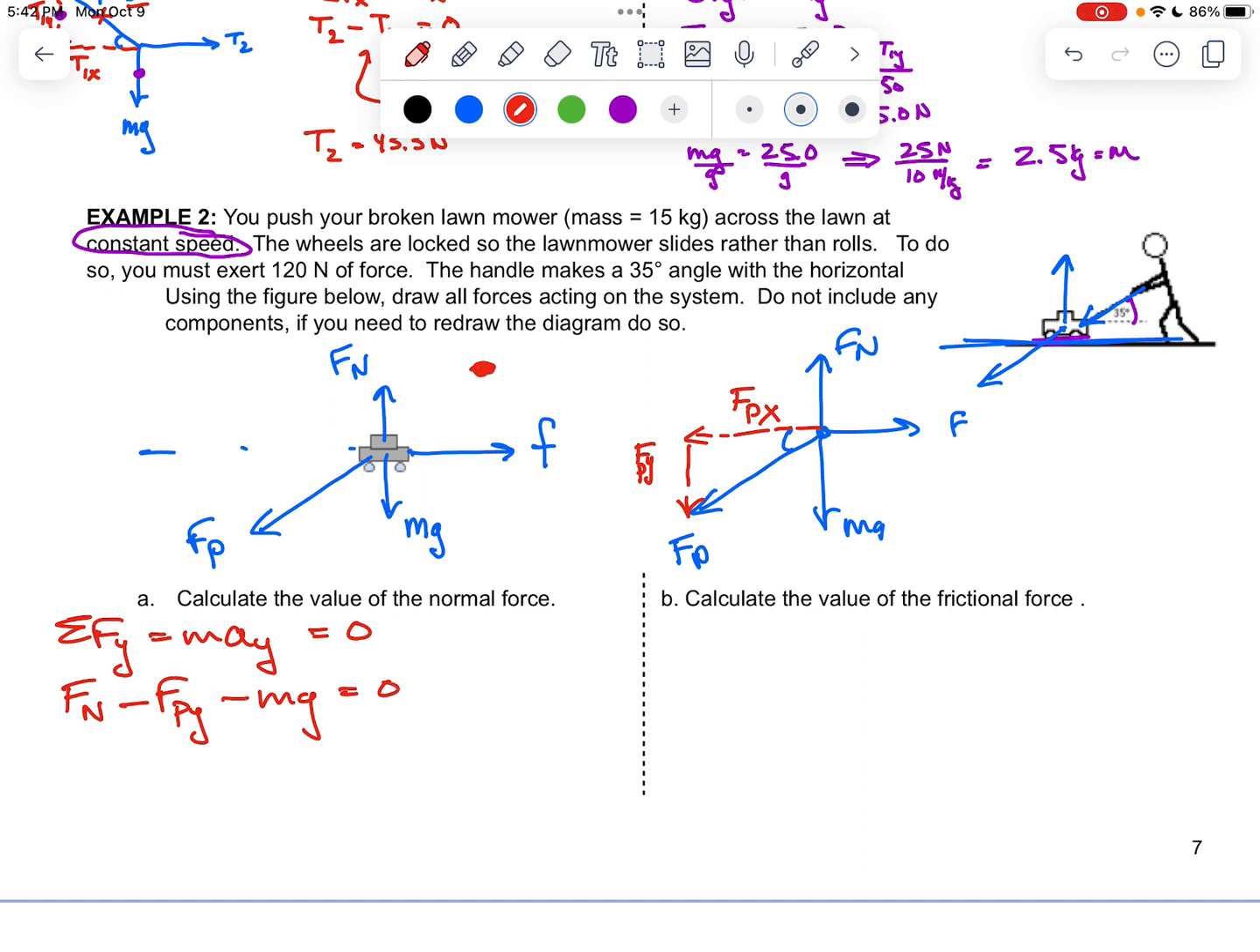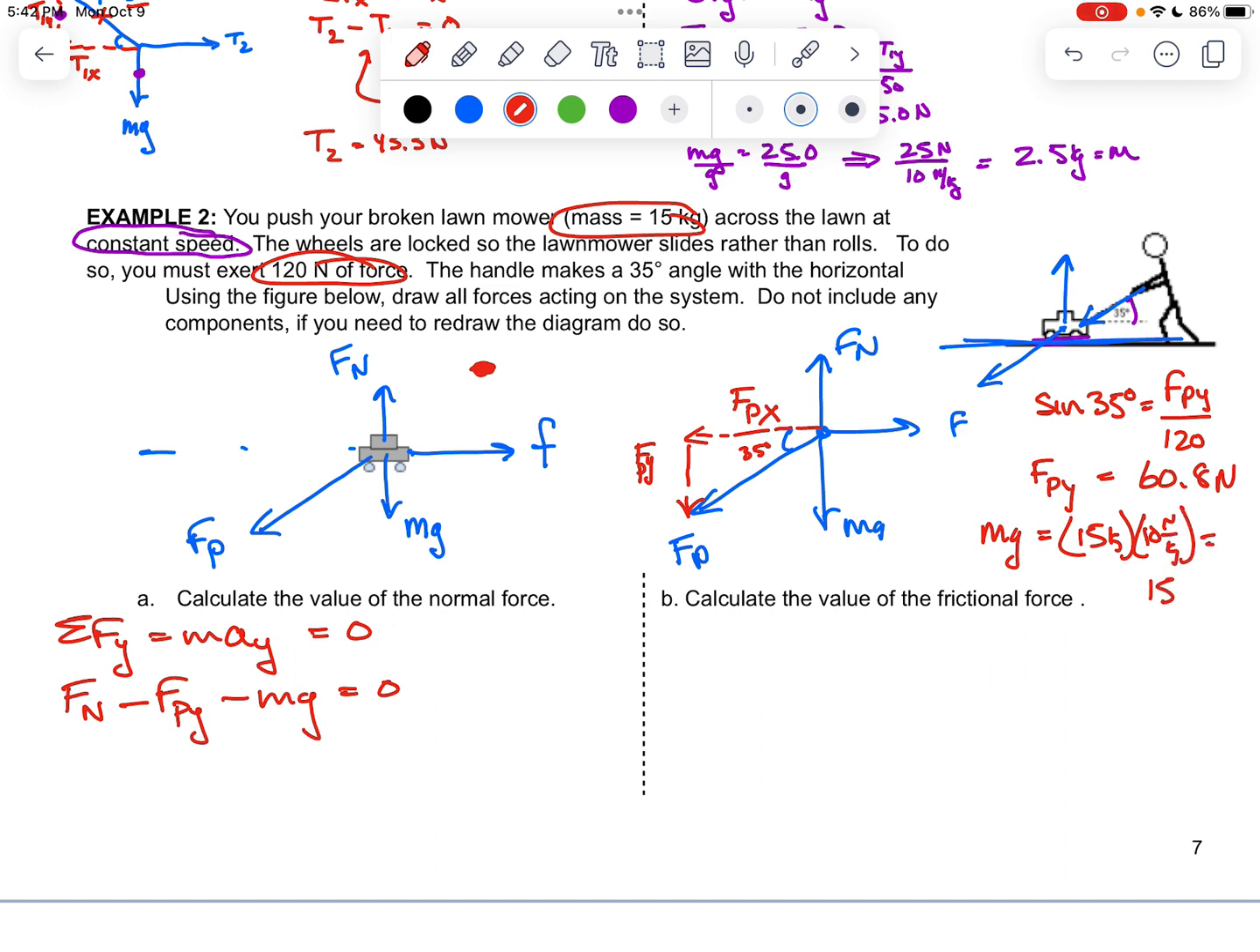All right, so let's do some calculations. Let's do some trig over here. This is our 35-degree angle. So the sine of 35 degrees is going to be FPY over 120 newtons of force that is exerted. So FPY is going to be equal to 60.8 newtons. Hopefully we got that. We also know the mass of the lawnmower is 15 kilograms. So the weight of the lawnmower is going to be 15 kilograms times 10 newtons per kilogram, and that's going to be 150 newtons. So now we have all our numbers to solve for my normal force,